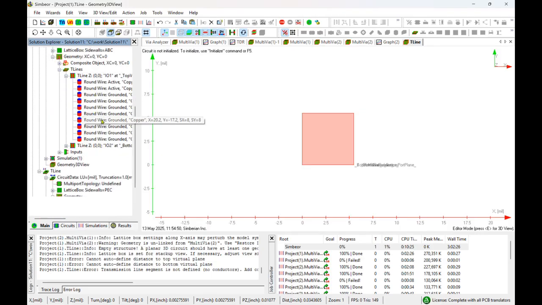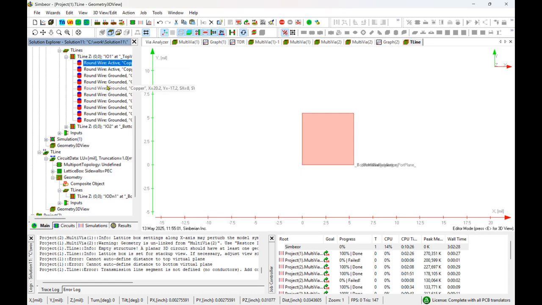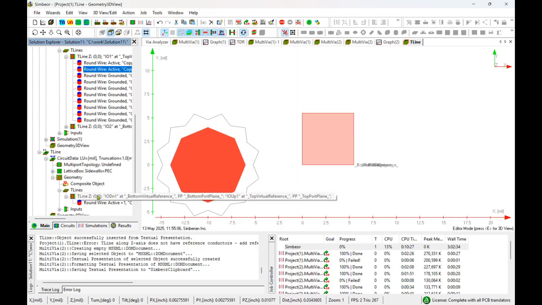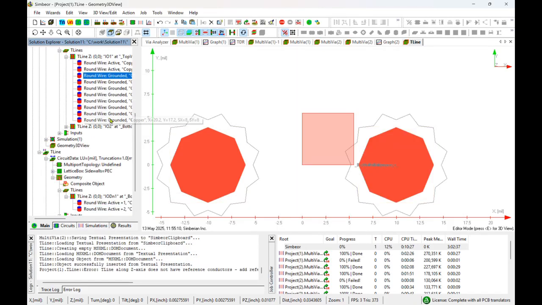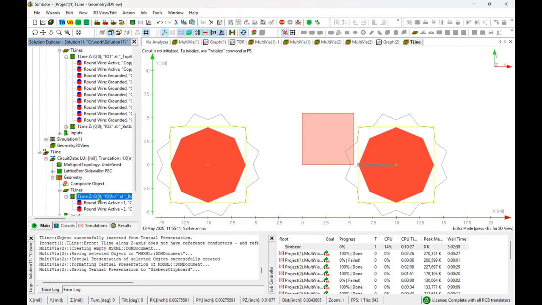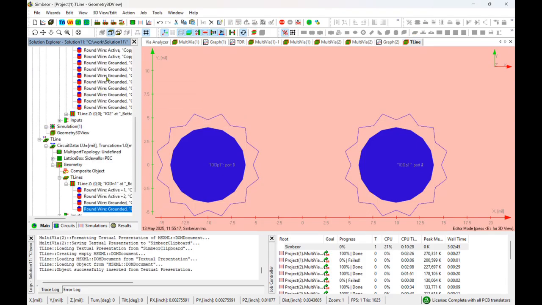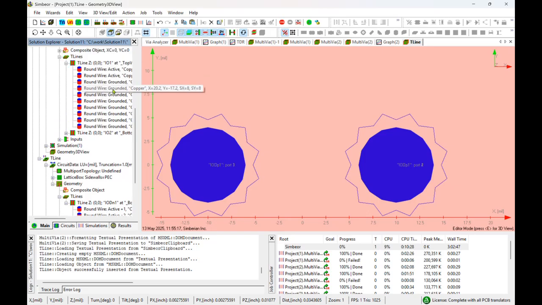This is T-line Z, and there are a bunch of wires that basically create this via. And unfortunately, we don't have copy-paste for the whole group or for multiple elements. So I need to go through